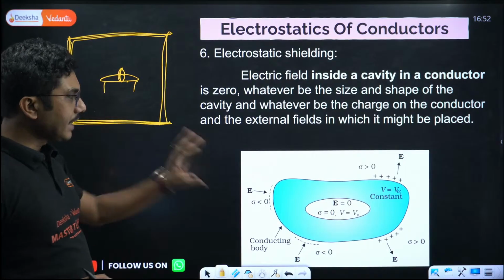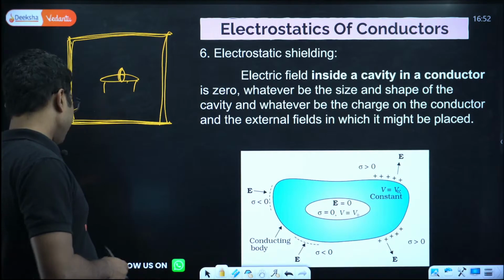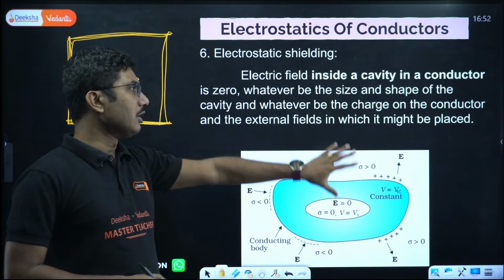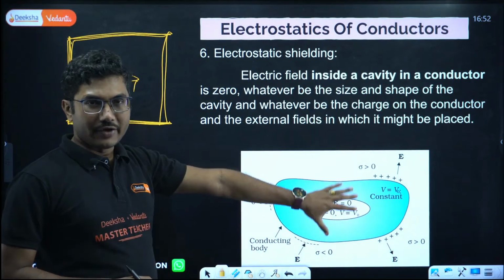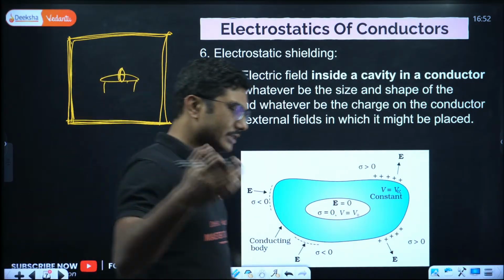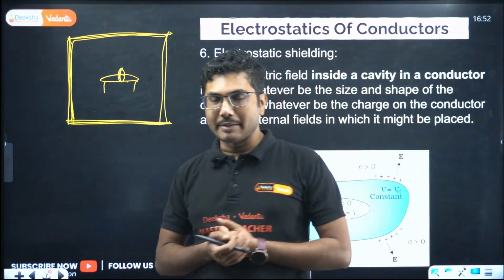Okay, so inside a cavity electric field is zero and potential is constant, right? That is called electrostatic shielding. Basically it is shielding the device from any electrical interference. And there is one more example: if there is a thunderstorm happening in the atmosphere, if you